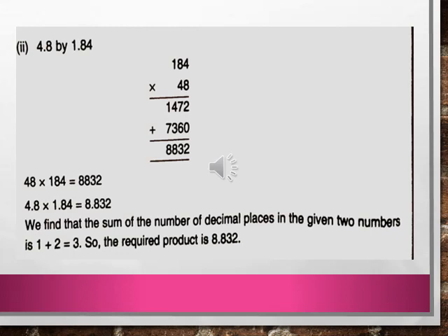Now we will write this number as it is, that is 48 into 184 equals 8832. Now write the original number with the decimals. 4.8 into 1.84 equals 8.832. Why after 3 decimal places here? See here in the question. It is 4.8, meaning 1 decimal place, and 1.84, how many decimal places are there? 2. So 1 place and 2 places means how many places are there? 3 places. And therefore in the product we have to give the decimal point after 3 digits, and therefore the required product is 8.832.